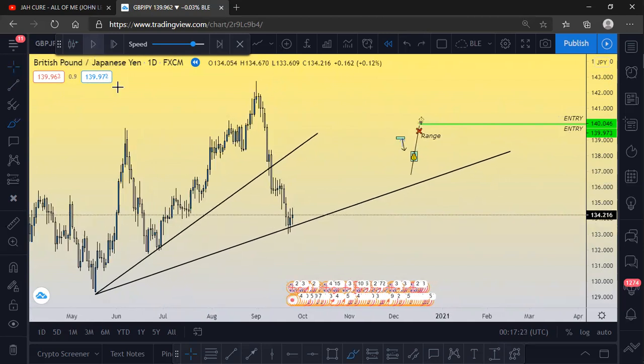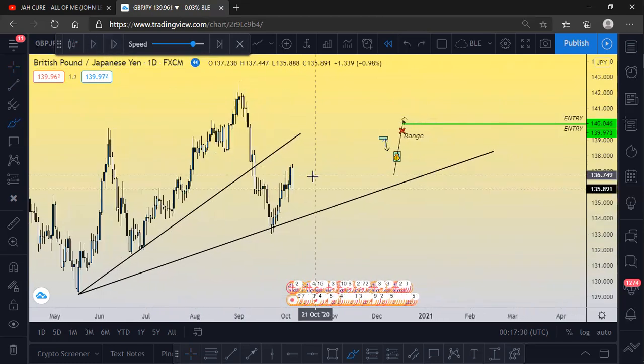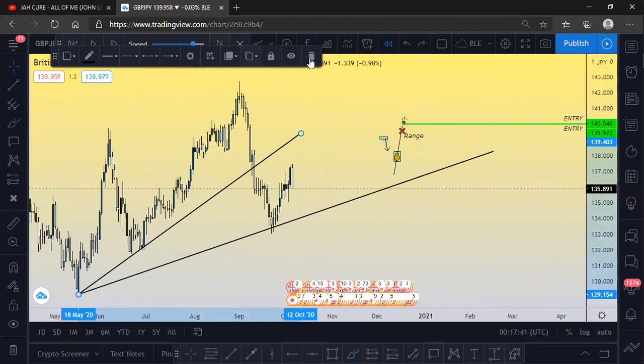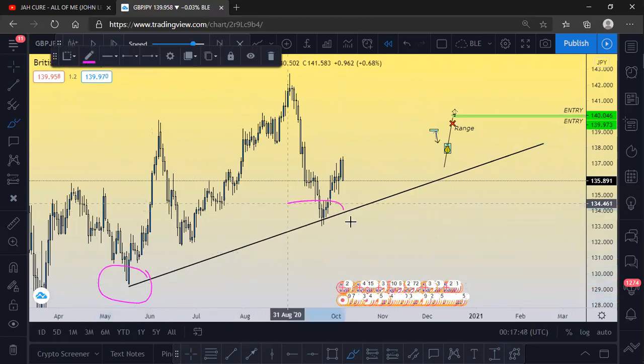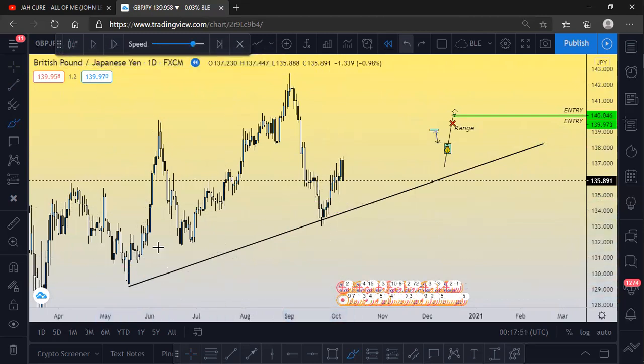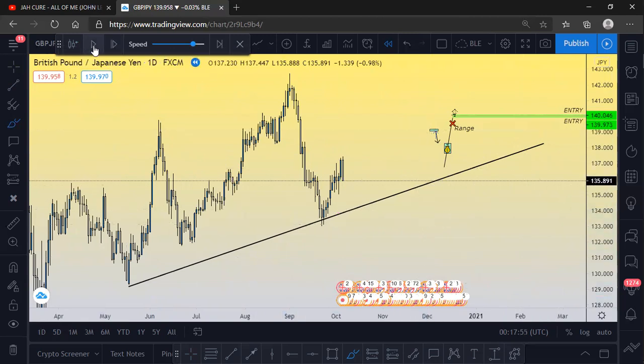All right, see how price came here, and then we started seeing some rejection to the upside, right? So now when you see this, we have this first low here, we had the second one. So let's try to play off these two pieces of information now. We know this is not valid anymore, so we don't want to play this trend line anymore. So I delete it, and then I draw this one from this data point here to this second data point here. Now I drew it, I projected it to the future. Then let's see what happens as price gets back there.